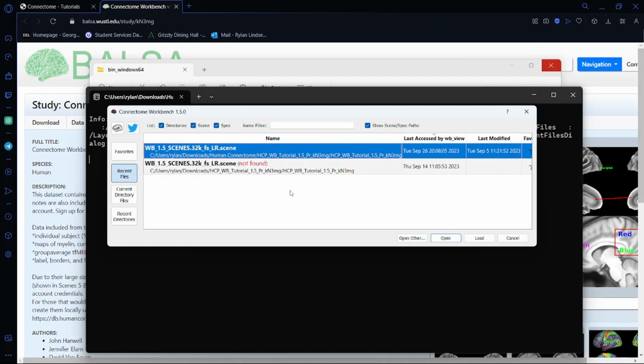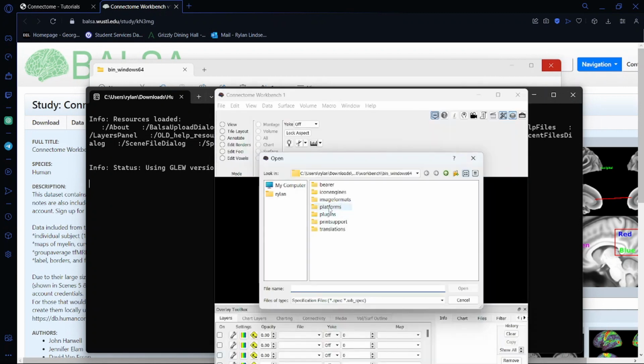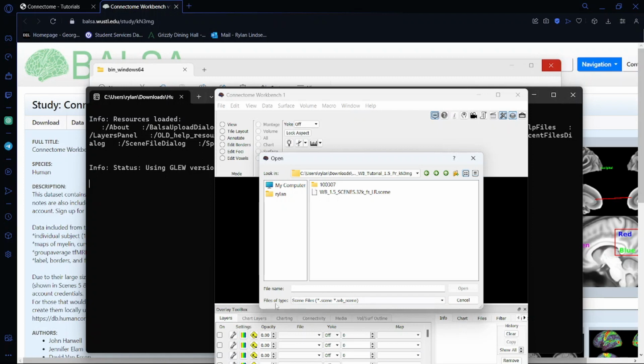Now, if it's your first time opening the workbench, this area should be blank, so you're going to want to go into Open Other, and it'll open up this little directory where you just go and find your specific files. If I can go to mine, Human Connectome, and then the WB tutorial. And what you want to do, oh yeah, you want to set the file type to .scene so that it actually shows up. Then select it, click open,